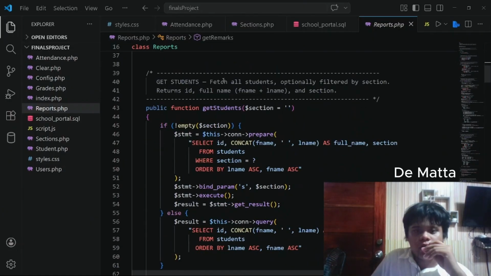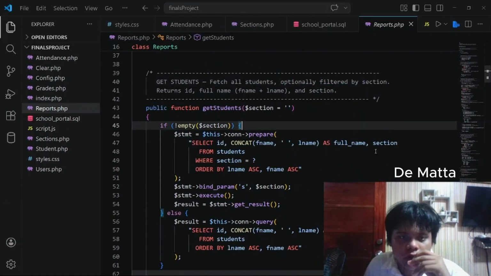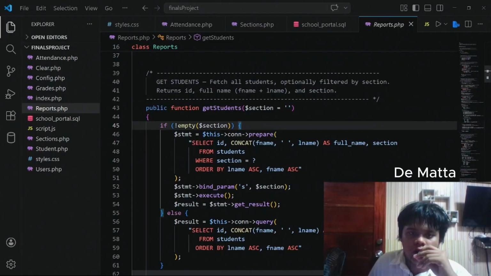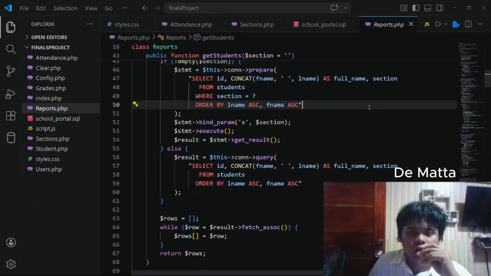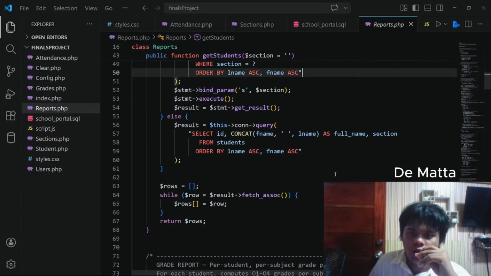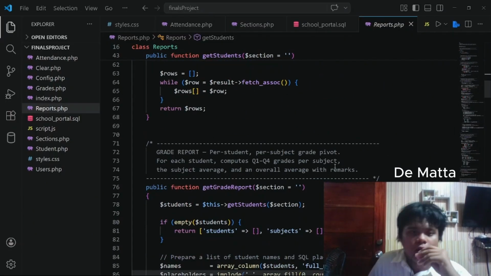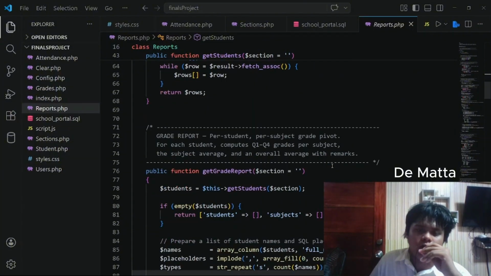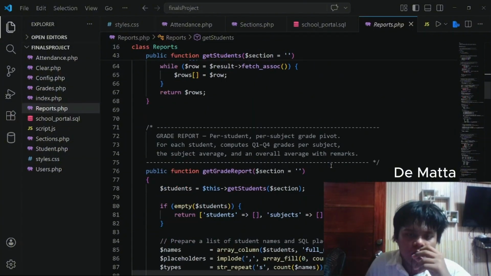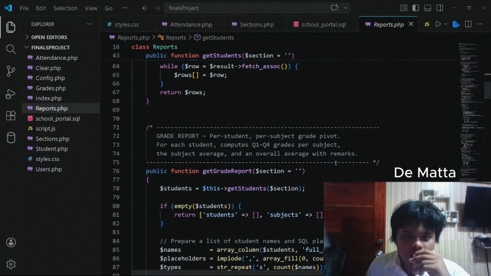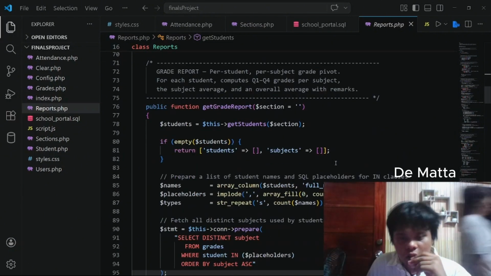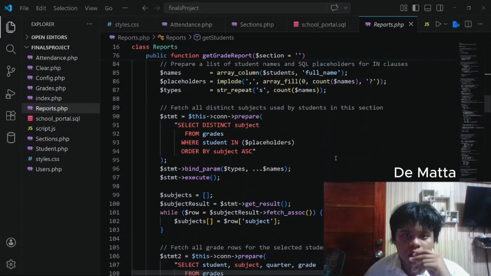And for the grade students, it will fetch all the students and return their ID, their name, and the details. The query is ordered by last name and first name. The grade report is responsible, per student and per subject, for computing all their quarter 1 to 4 grades and totaling them for their average.